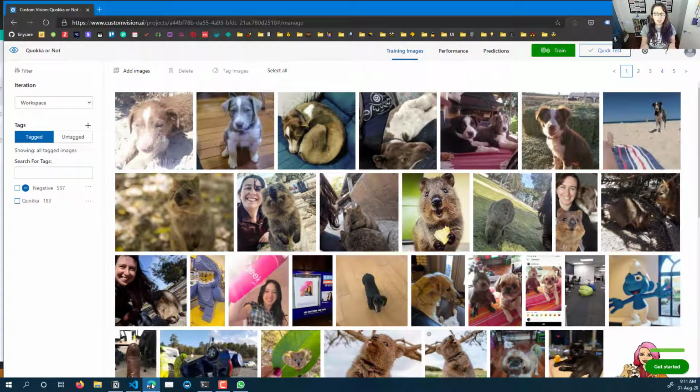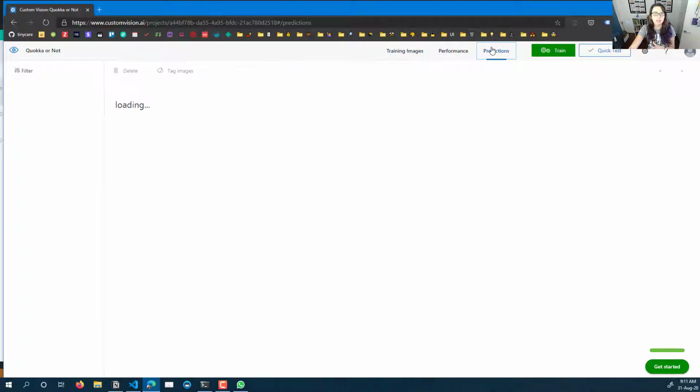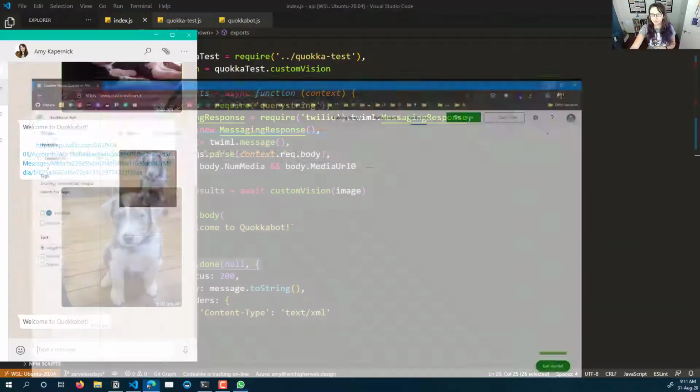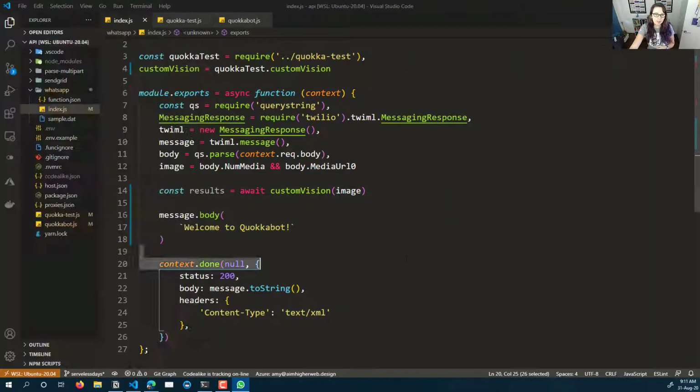So what I can then do is I can have a look in custom vision, and I can see the various different predictions that have been made against my image classification model. And in here, I can see any predictions that have recently been made that I haven't categorized and confirmed whether or not they're correct. So here I can see an image that I've sent through, and I can see the results. It has predicted that it is 100% sure that that is not a quokka, which is good because that is not a quokka, that is my dog. So I can see the results in there, and I can see it has successfully gone through to custom vision,